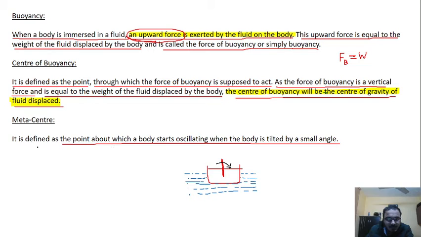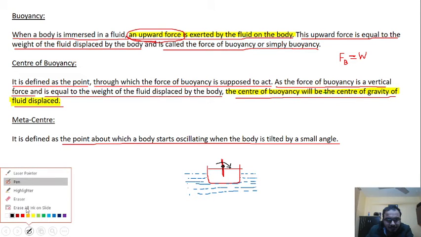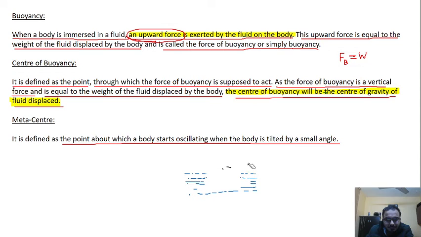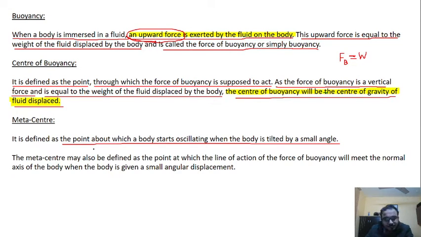The metacenter will be a point, let's say it is at this point, about which the body starts oscillating. So here the metacenter may also be defined as a point